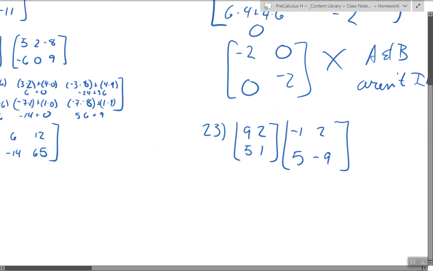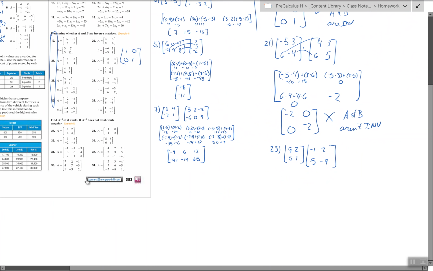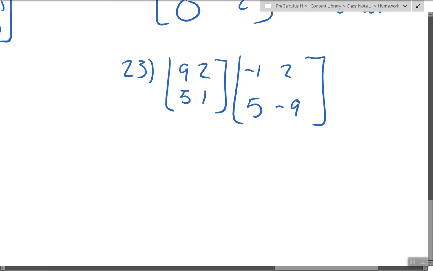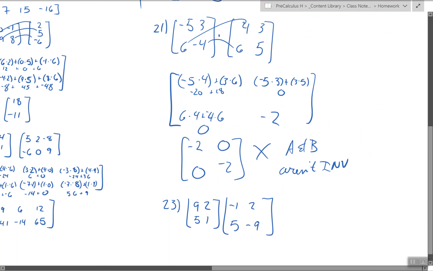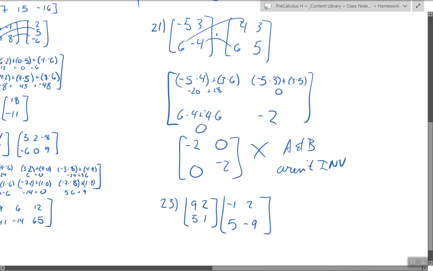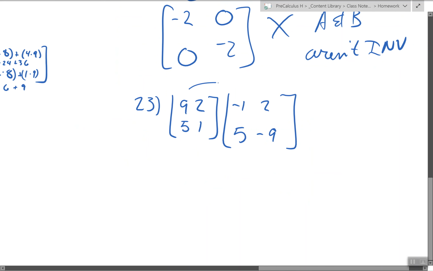Okay. This one, on the other hand, we are looking to copy that correctly. So we are kind of in the same boat here, where they switched the two that were on that diagonal, these two here, and made them negative, which is not exactly what makes an inverse. So we are probably going to be close again, but not quite. So let's take a look at it. We've got